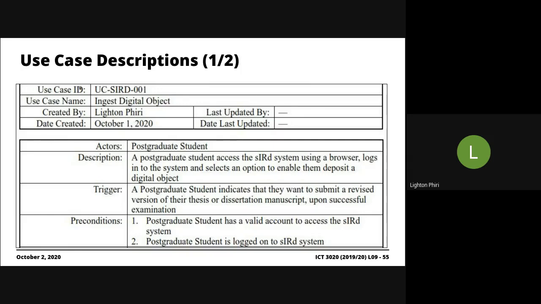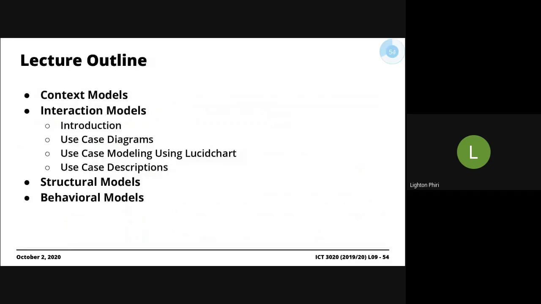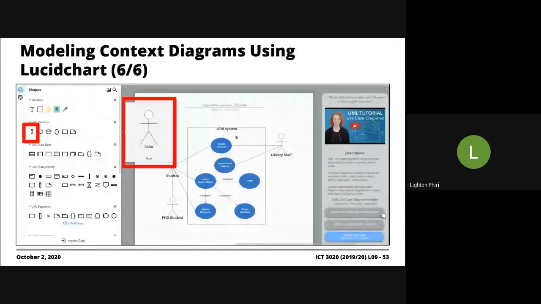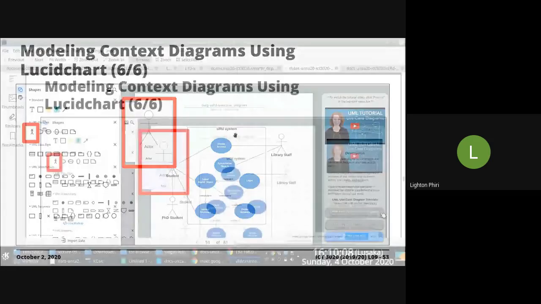Now, the top part here is nothing more than meta information, right? Meta information to help provide a contextual overview about the use case itself. Remember that what you're seeing on the screen right now is meant to represent all the use cases associated with your system. So for instance, if you're building a system and your group has narrowed down to, let's say,